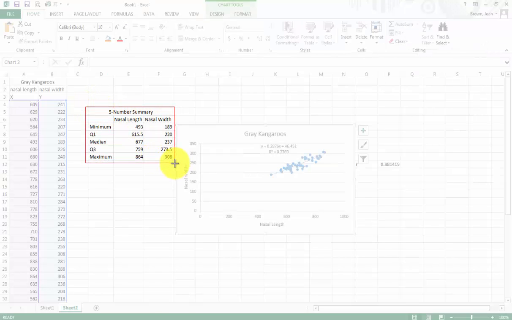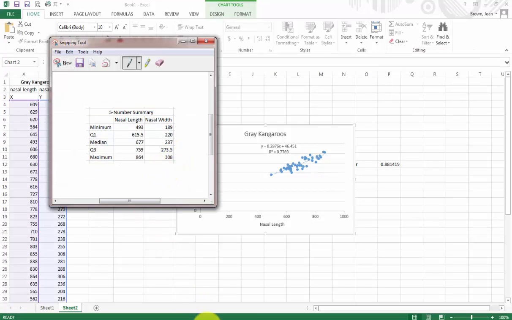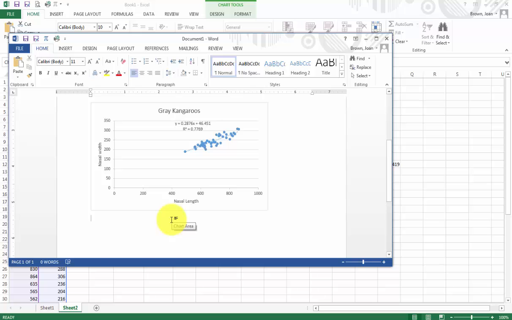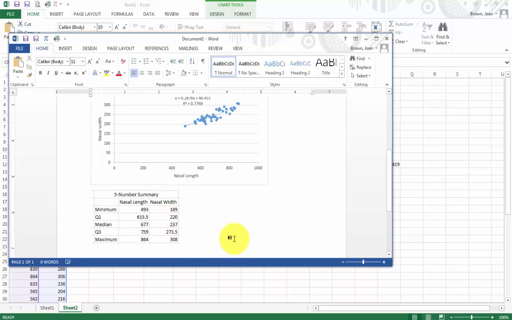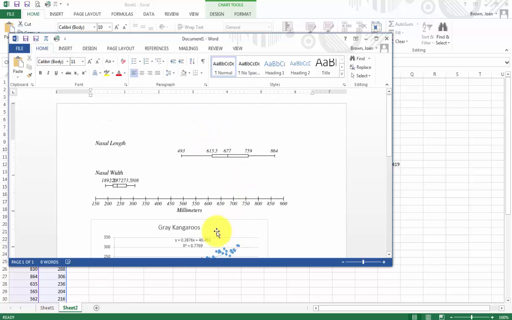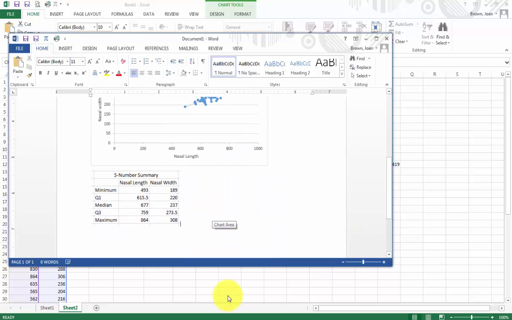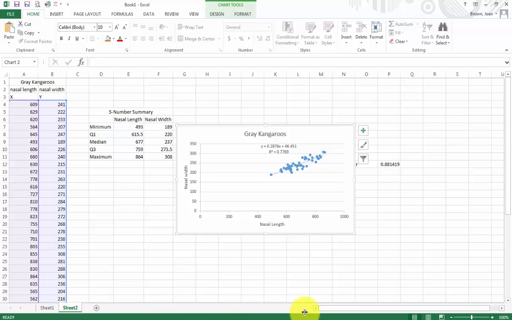And since it's so nicely laid out, we can just snip it like that and come into our doc, push enter so I'm not right beside it, and put Control V. There's my 5-number summary. So we have most of the items that you need for your report. If you want to